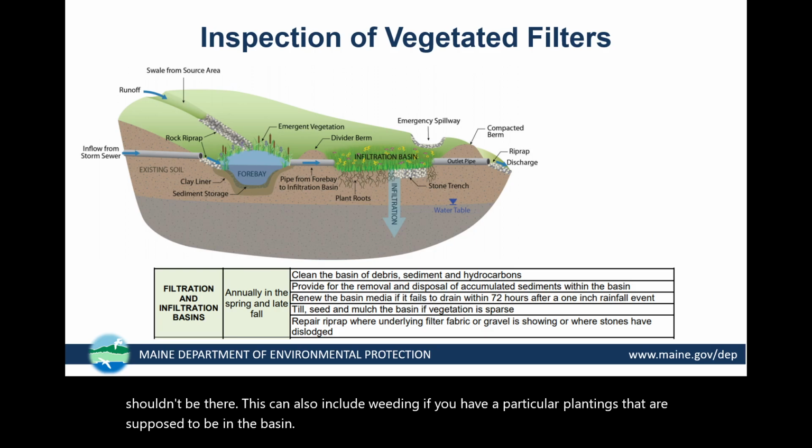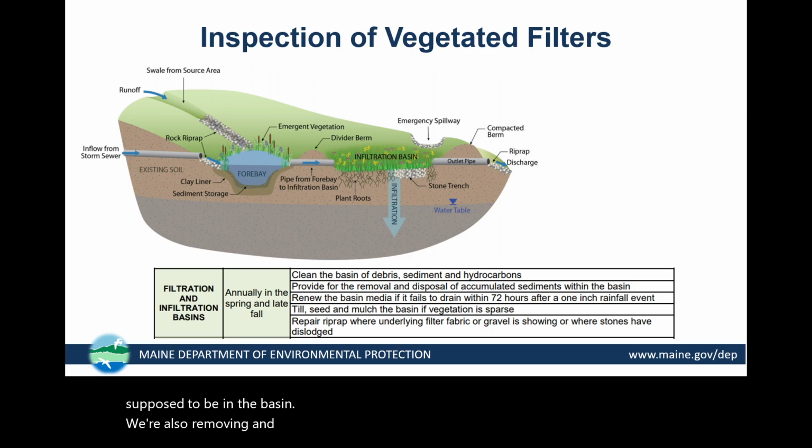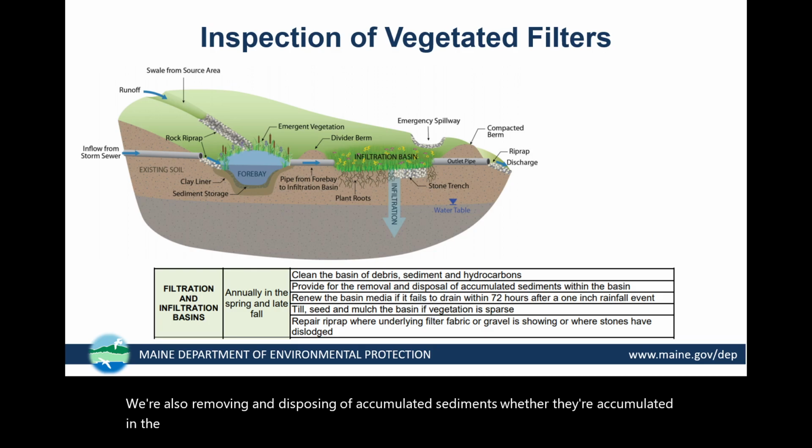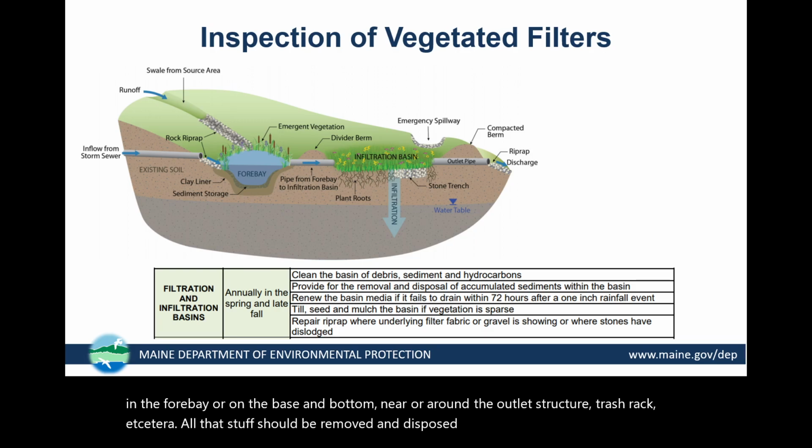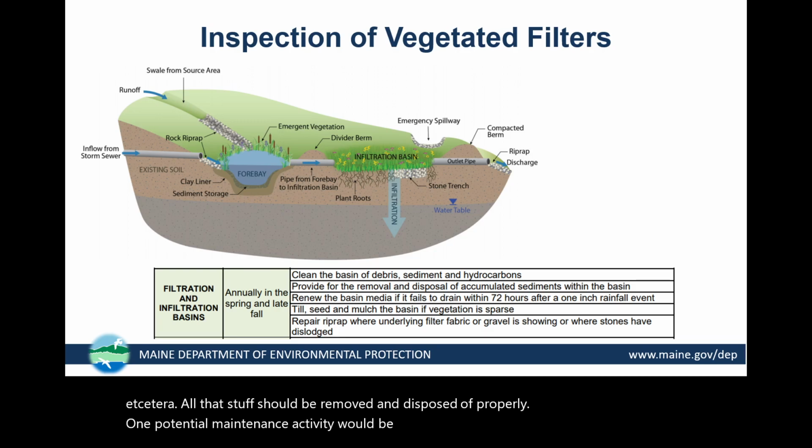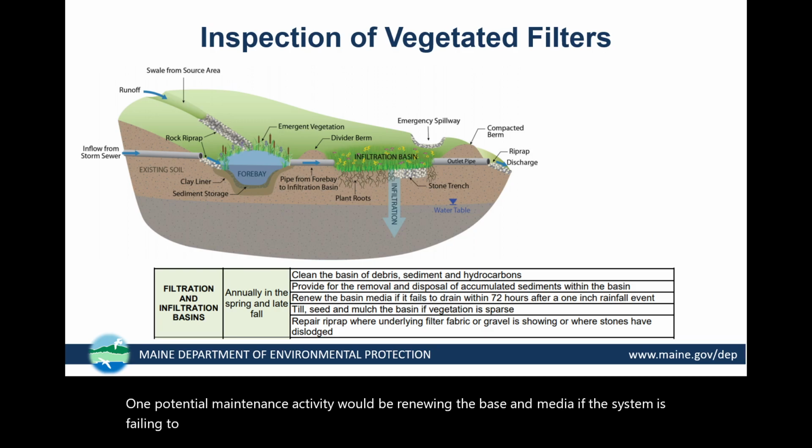We're also removing and disposing of accumulated sediments, whether they're accumulated in the forebay or on the basin bottom, near or around the outlet structure, trash rack, etc. All that stuff should be removed and disposed of properly. One potential maintenance activity would be renewing the basin media if the system is failing to drain within 72 hours